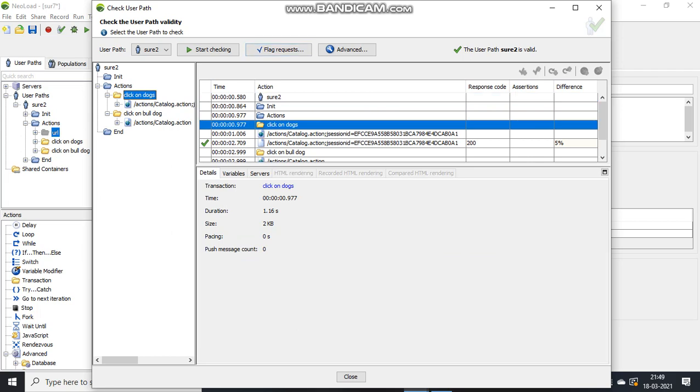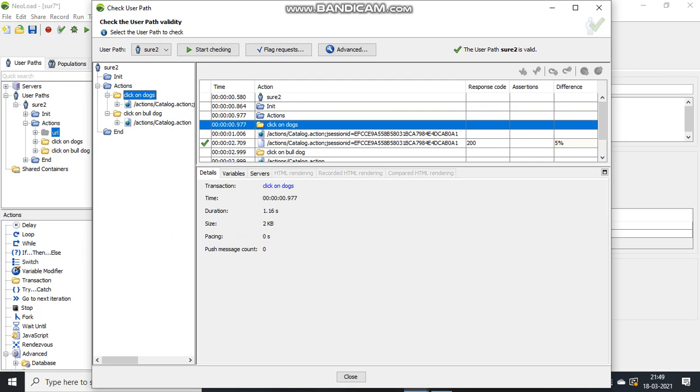So I hope you understand. Once again I will explain. This is very simple. Go to the script, and then go to whatever containers are there. Suppose you want to disable that container, you will go to that particular container and disable it. After that, immediately you will check user path. That is mandatory.